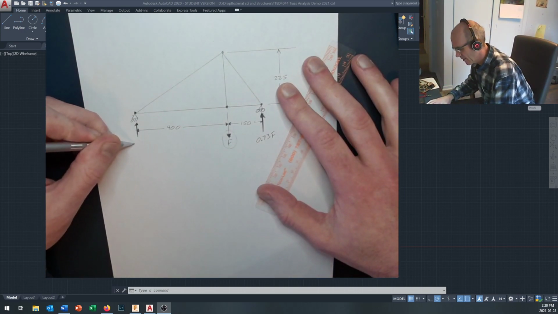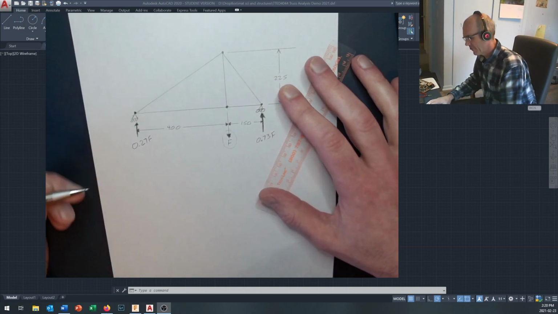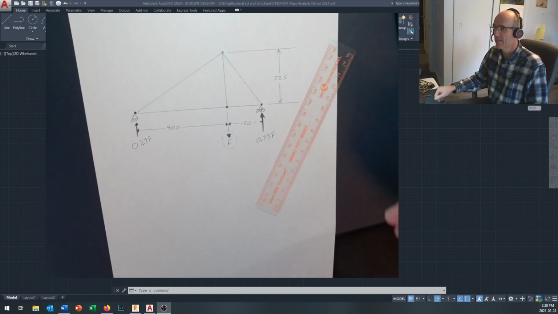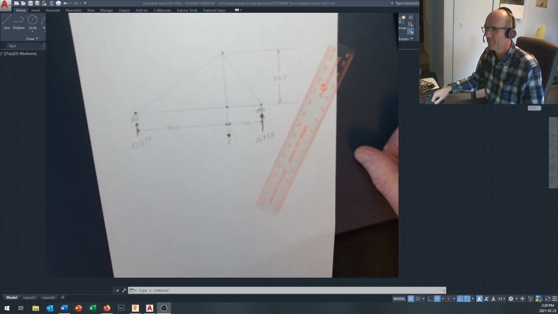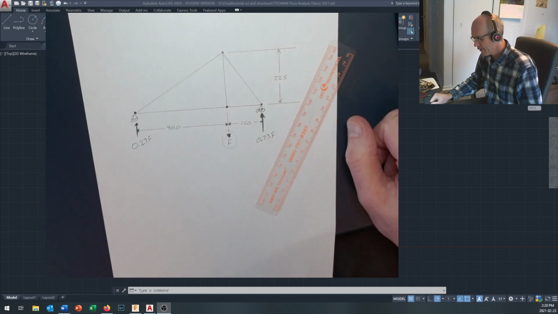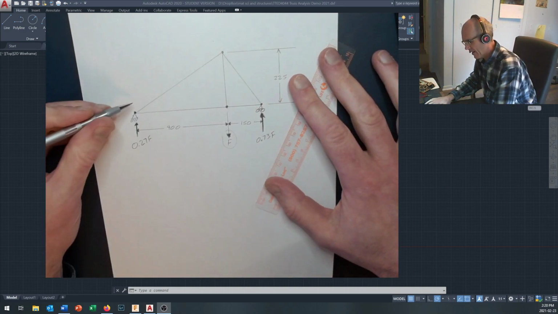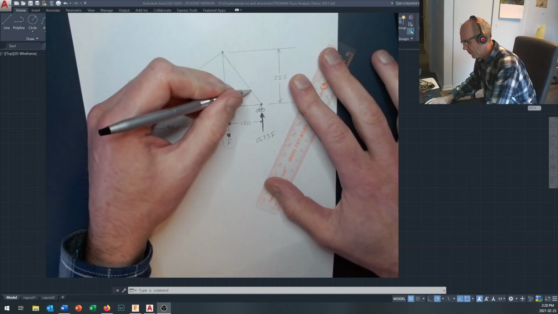This one is going to be 0.27 F right in there. So I certainly expect you to be pretty comfortable doing that type of calculation. Now, the next thing I'm going to take a look at is what my forces are going to be